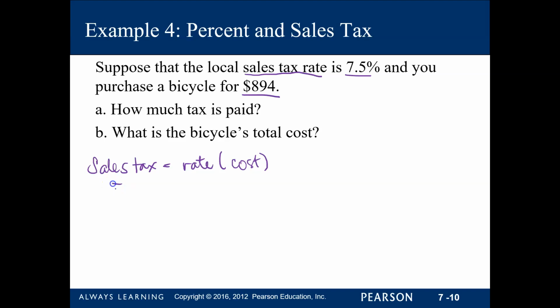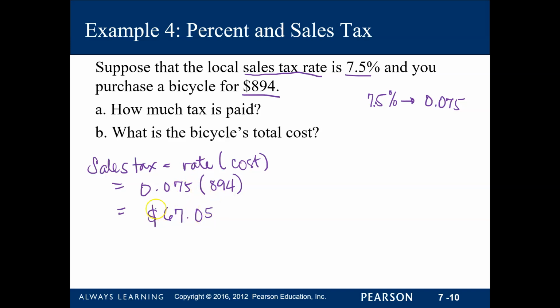In this case, 7.5%, again, we do not work with percent. We need to change it to decimal form for the calculation. So this is going to be equal to 0.075, and we multiply that by the cost of the bicycle, which is $894. Plugging it into your calculator, you will get